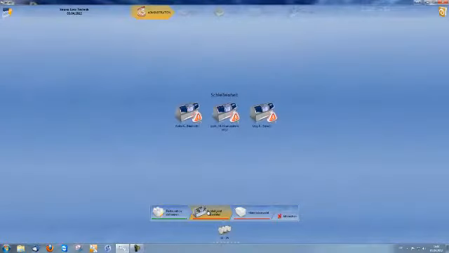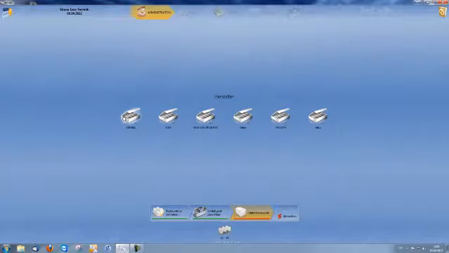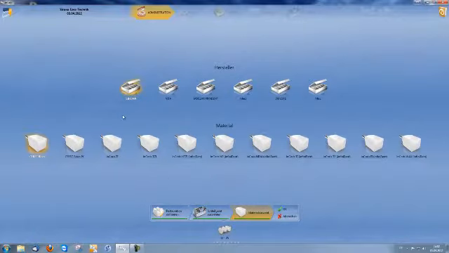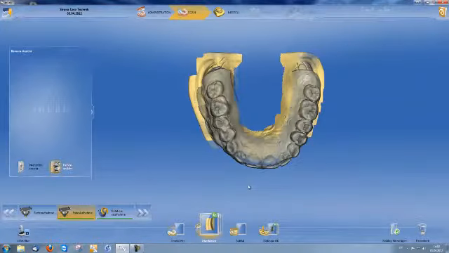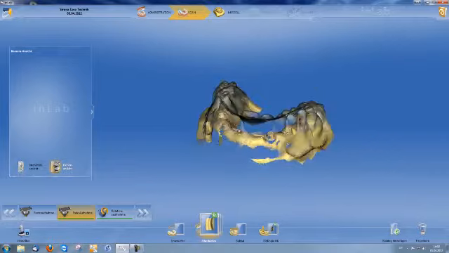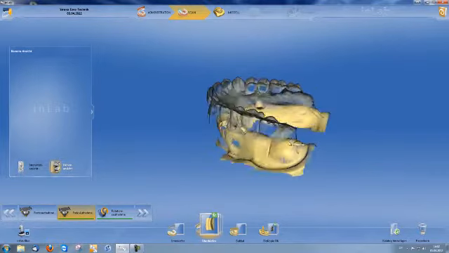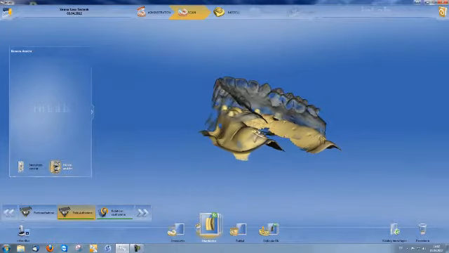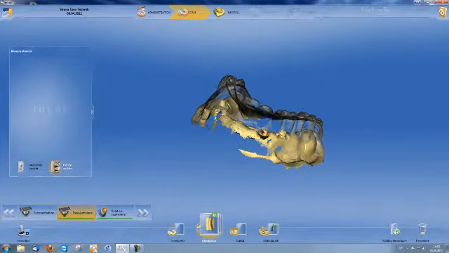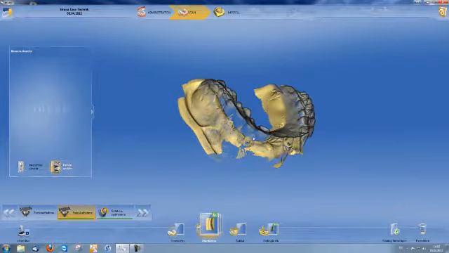and I now state the milling unit and the material to be milled. I confirm with OK, and then jump to the scanning stage. In this case, 2 scans have been produced in order to design the bar. Firstly, we have the preparation scan. We can see here the 4 telescopic preparations,